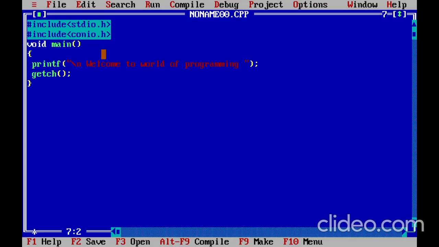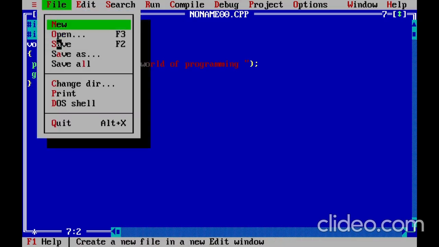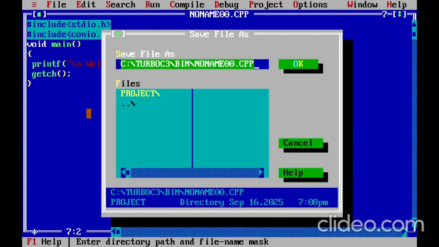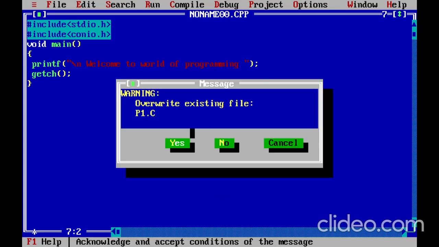Now save this file by clicking on File menu and then click on Save. Now here you have to give some name to the file. I will give name p1.c. Now after writing the name of the file, it is compulsory that you should write .c. .c extension means that our file is a C program. So it is compulsory to write .c in your file name. Now click on this OK, click on yes,